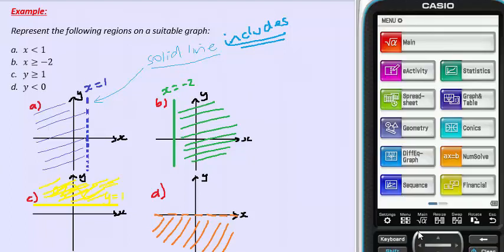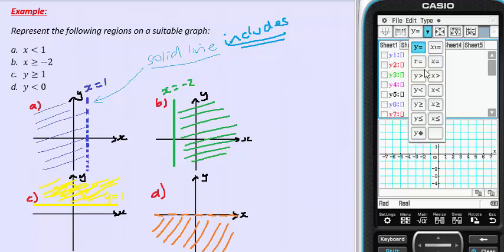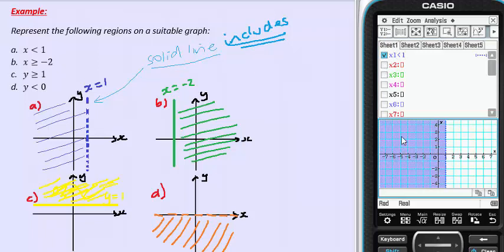get out my calculator. If I'm going to get out my calculator, I need to go to the graph and table section. And here I have the option of entering equations. Now what I'll do is where I have this line of x is less than 1, so let's do part A on the calculator, then what I will do is I'll hit this bit here that says y equals, and I'll make it x is less than. Then it changes all the variables, but that's okay, and I'll write x is less than 1, I'll tick it, and I'll hit go. And you can see what happens is it colours in the area where x is less